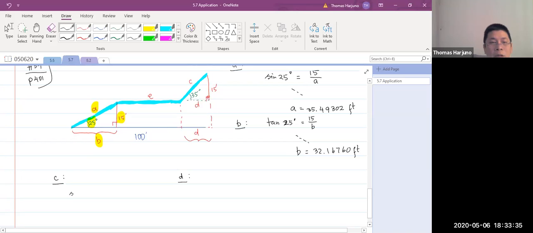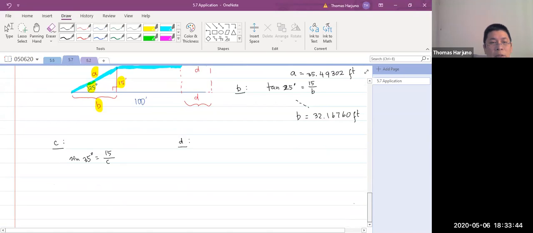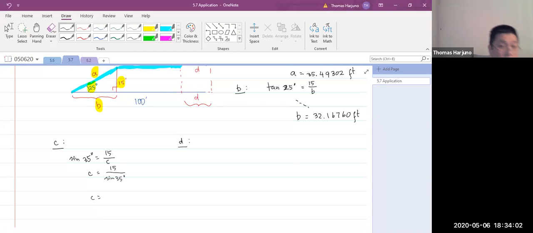So sine 35 degrees equals 15 feet over C. I skip one step, but you will see C is 15 over sine 35 degrees. So C is 26.15170 feet,